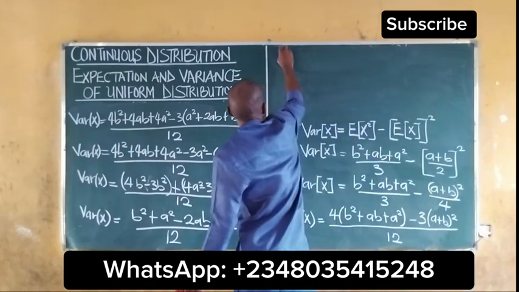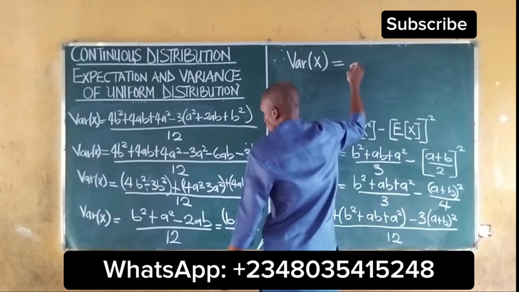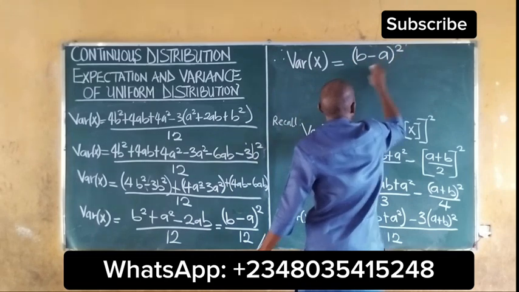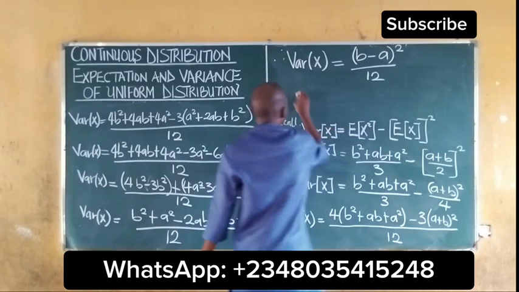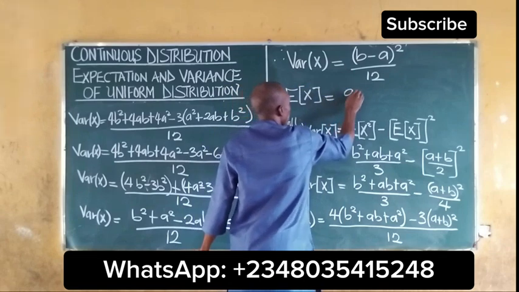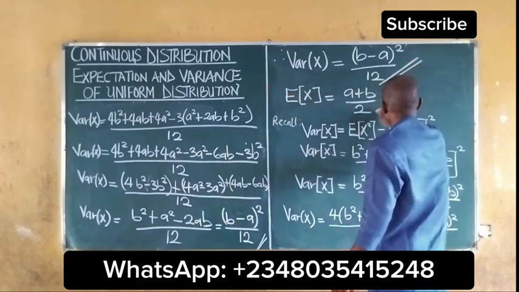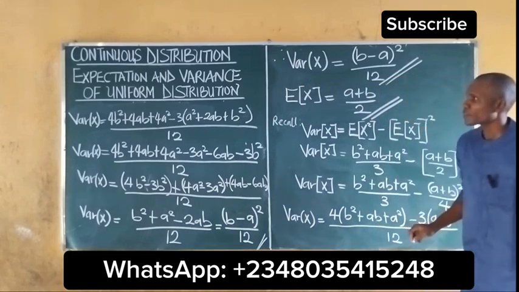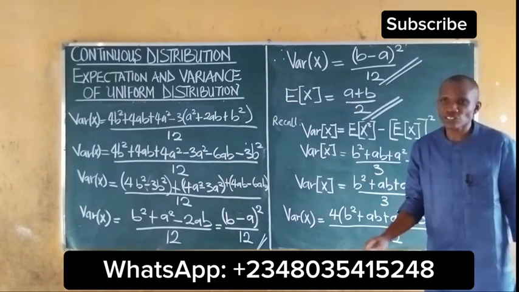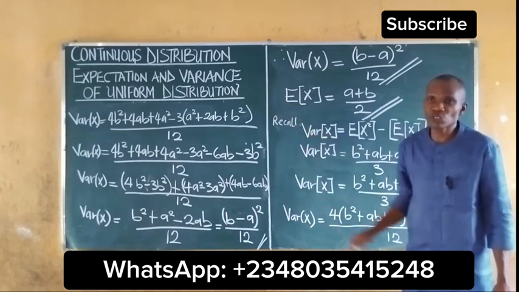So it then means that our variance of x is equal to b minus a raised to the power of 2 all over 12. And we should not forget that we got our expected value of x to be equal to a plus b all over 2. So this becomes our variance, this becomes our mean. So this is how you can obtain the mean and variance, or the expectation and variance of the uniform distribution